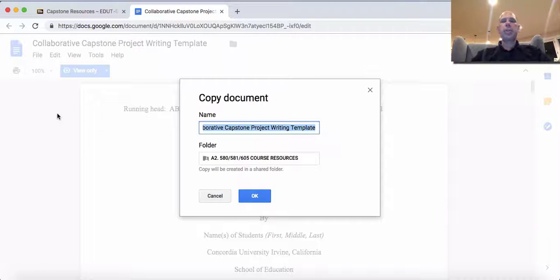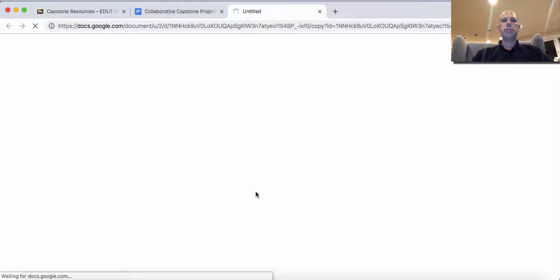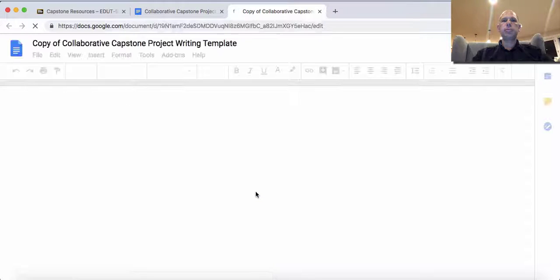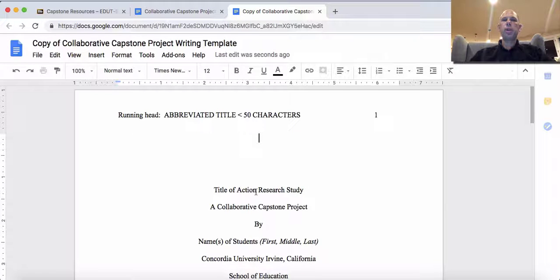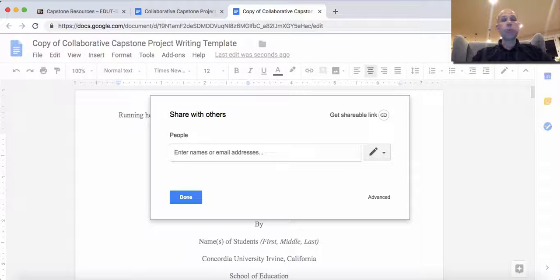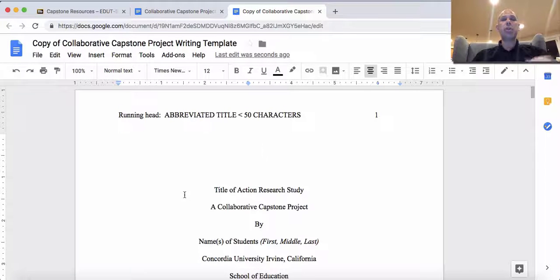File, make a copy of that Google Doc. You're then going to share this Google Doc with everybody within your group. Don't share the Google Doc with me. This is your private space to work collaboratively on it. In an ideal world, to be honest with you, I think it's more effective if we all work out of the Google Doc. But with respect to Concordia's policies, submissions and final assignments that are to be graded need to be in a